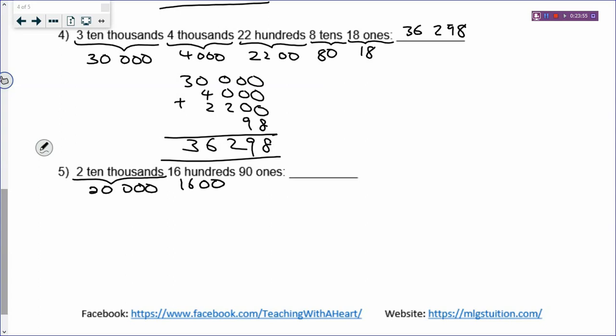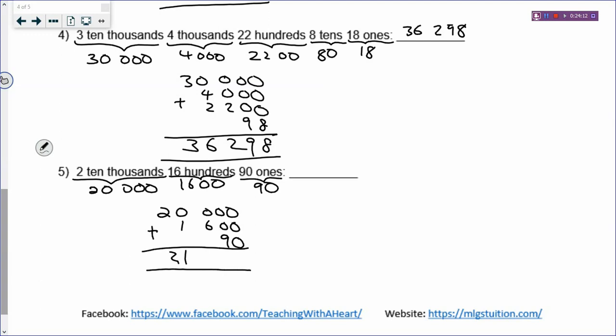16,000, alright, and 90 ones will be 90 times 1, or 90, still 90. Alright, then you have 20,000 plus 1,600 plus 90. So you add them together, and you get 21,690. Alright, it may seem like a very long way of doing it, but if you